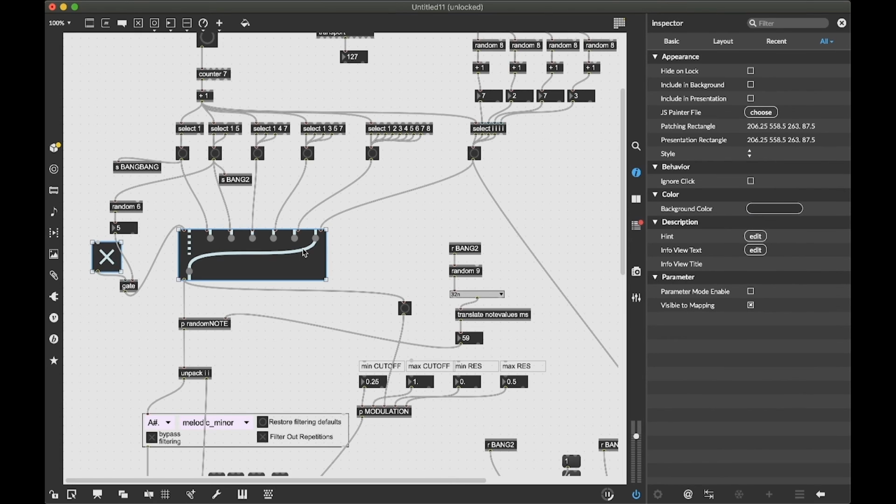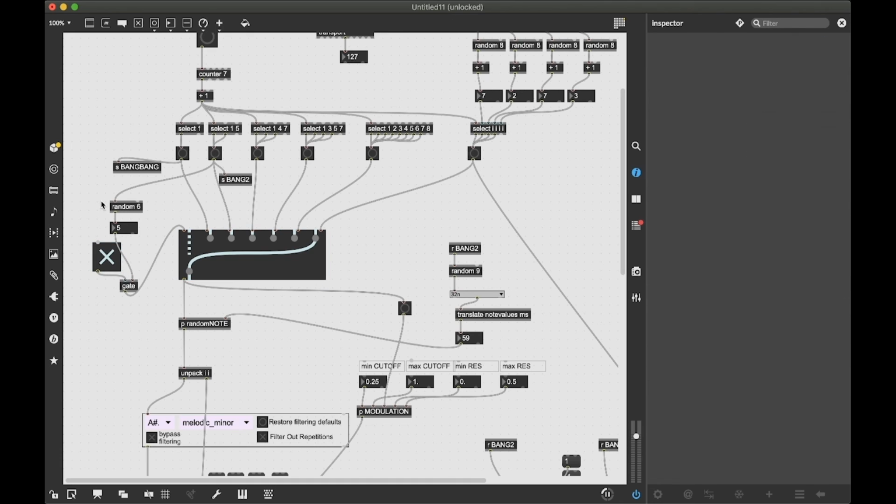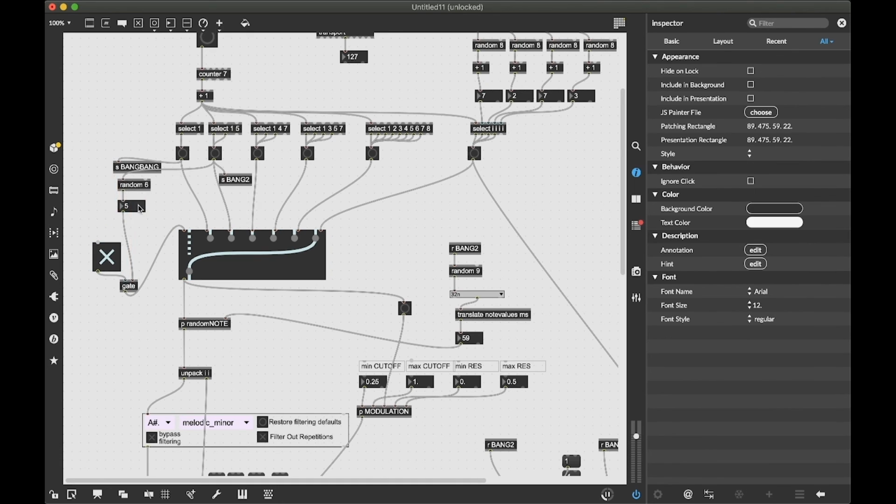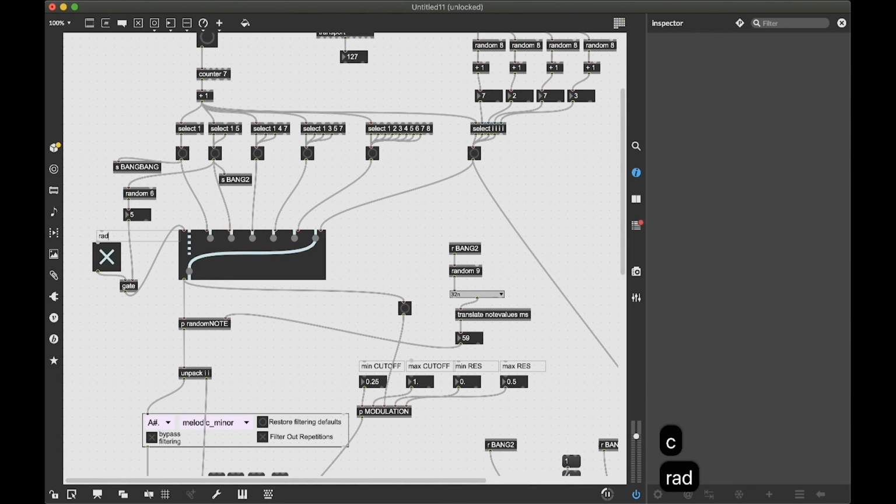This gate for randomization. Perhaps I could label things before doing that. So I'm just going to get a comment here. This is for random. This is for the random switch,